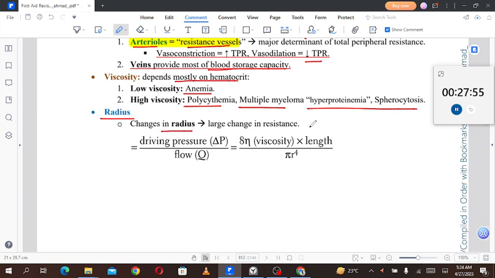What is the effect of radius on the resistance? Changes in the radius cause large changes in the resistance. Okay, whenever there is a minute change in the radius, it will result in a dramatic change in the resistance. So here you can see the driving pressure, delta P over flow, is equal to